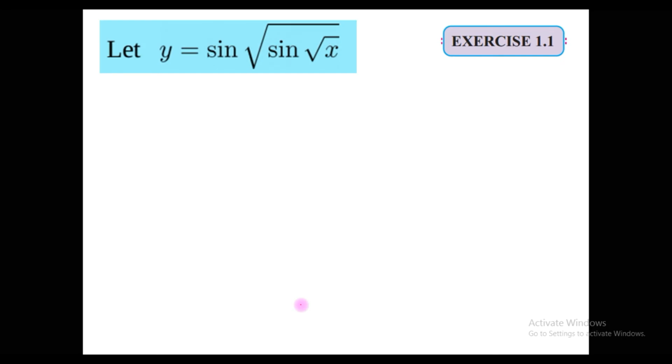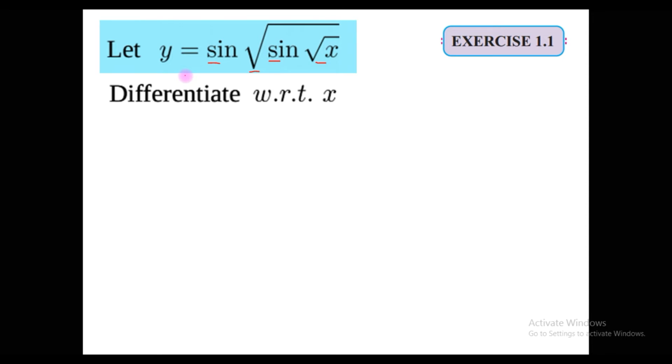Again, one more sum from exercise 1.1. Whenever we see square roots, I know it is scary for many of them. How we can do this sum? Now here, how many functions are involved? Let's see. I think sine is the outermost function. Inside that it is a square root function. After that it is a sine function, and again a square root function. So it involves 4 composite functions. So we shall be finding the 4 derivatives. We should remember that we should be finding 4 derivatives.